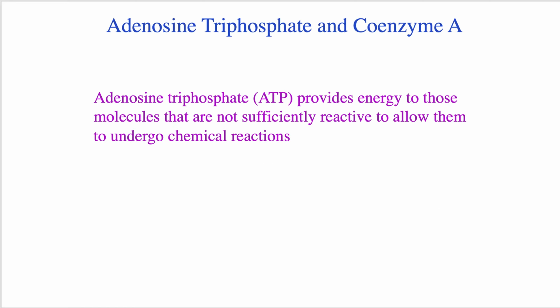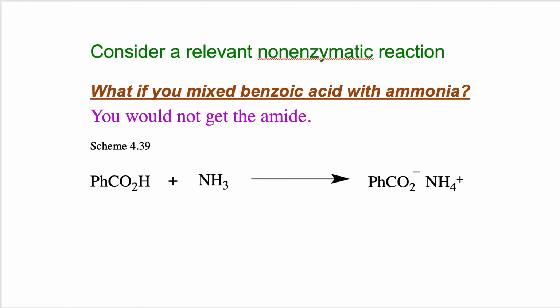Okay. ATP and coenzyme A. We've talked about this before. I think you're all familiar with adenosine triphosphate and how it provides energy to molecules to get them to do chemical reactions. You've probably heard the analogy that it's like the biological currency. ATP provides energy to molecules to get them to react. For example, if you mix benzoic acid with ammonia, you wouldn't get the amide,